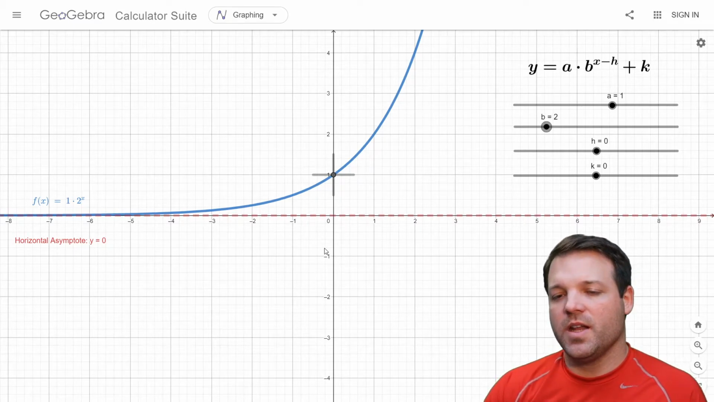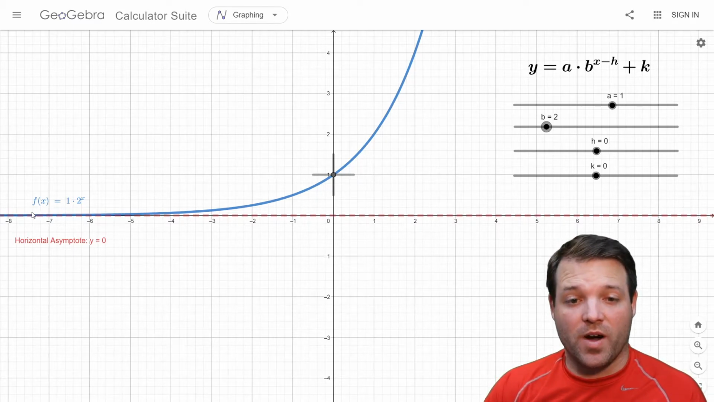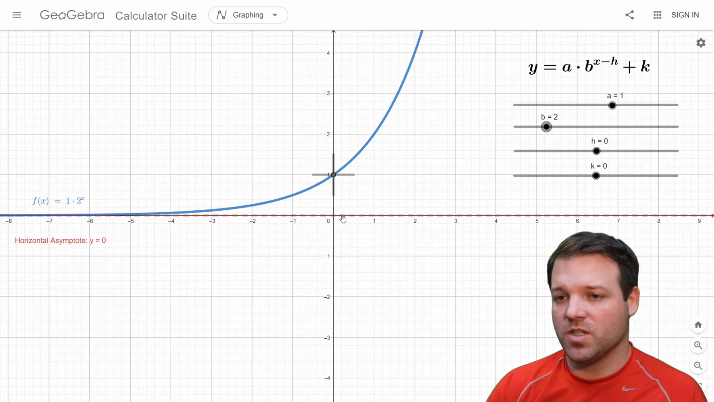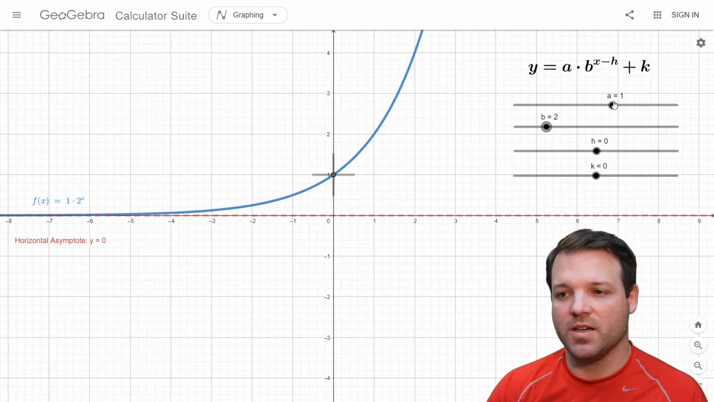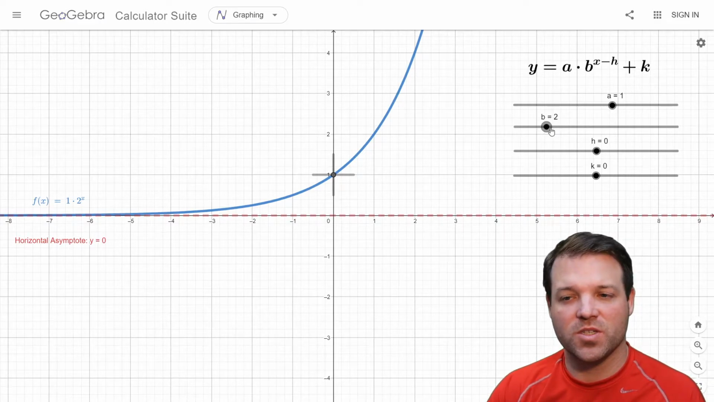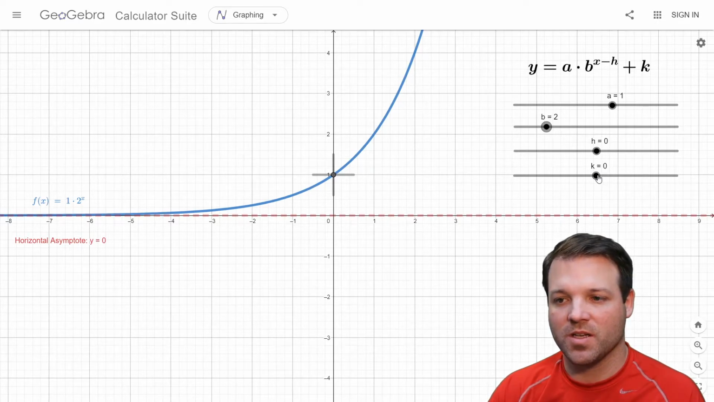And so what you're looking at now is the exact same graph, which is f of x is equal to 1 times 2 to the power of x. In this case, I went ahead and put a bunch of sliders on here. So I can change a from 1 to something else. I can change the base from 2 to something else. I can change the h value from 0, right now it's 0, to something else, and the k value from